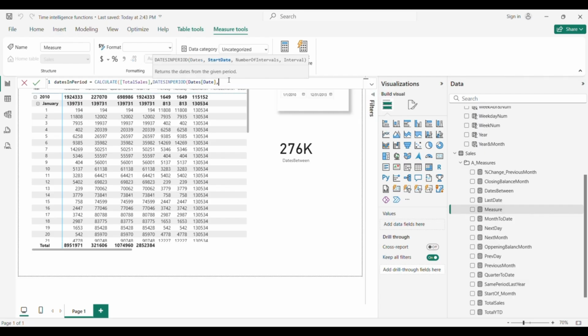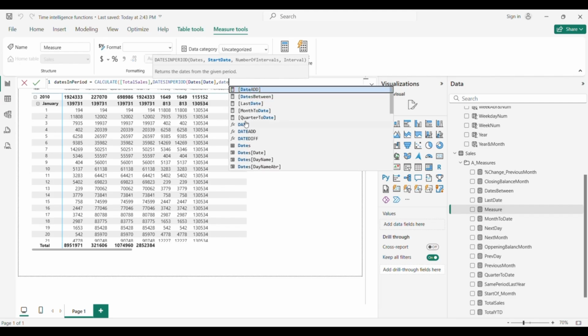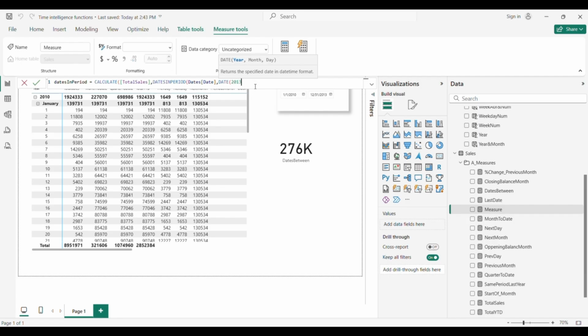The start date, let's say end of December 2013, so we will say date 2013, December, last day, close parentheses, and now we need to indicate what interval we want to do the calculations, since we start from end of December.